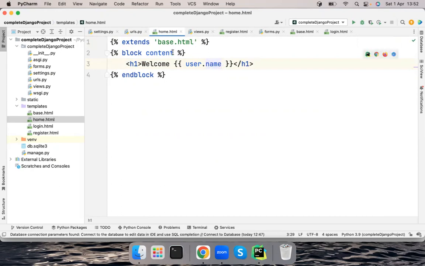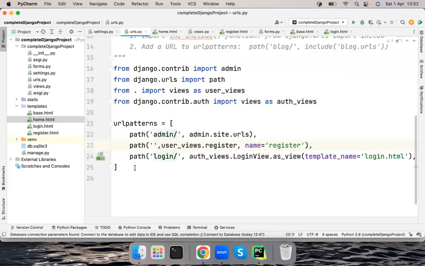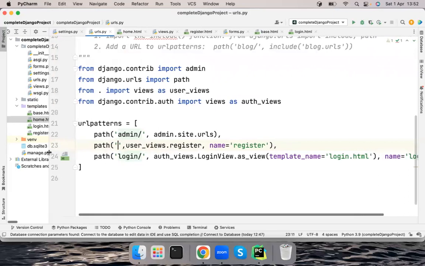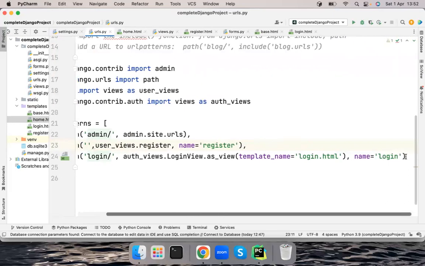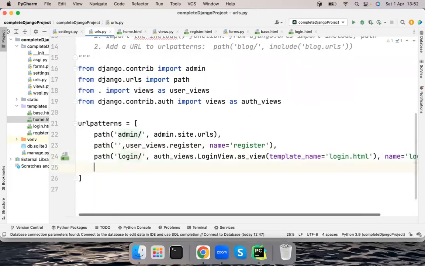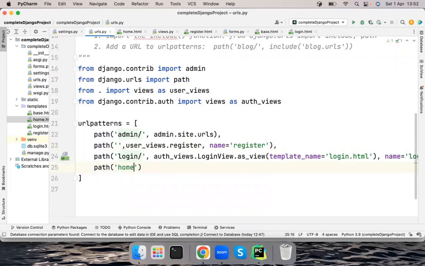So we want to make sure that when someone logs in successfully, they can access this homepage. And quickly, if we want that to happen, we can easily come to the URLs and create a link that gets someone to a homepage. Down here, let me just put a comma, enter. So let me have a path for the homepage. This path, you can say maybe home/, and this is going to be user views dot,